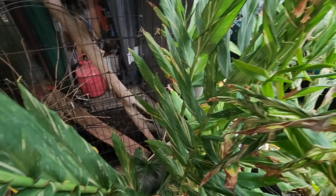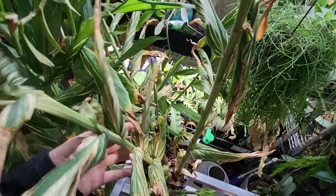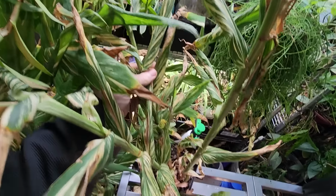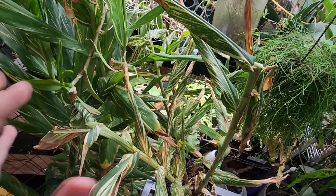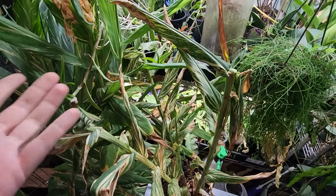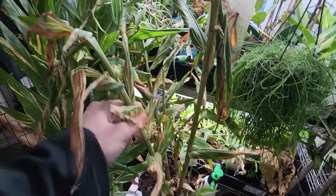One of my favorites, rave about all the time. The Tahitian Flame. This one, the variegation is much heavier on. I believe we've talked about this maybe in a garden tour, but I might just be having flashbacks to when I filmed the Plant Delights haul video. That was back in October, something like that. It's a nice ginger, but you can see